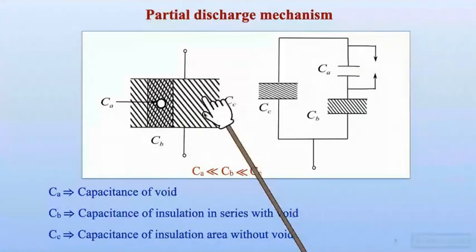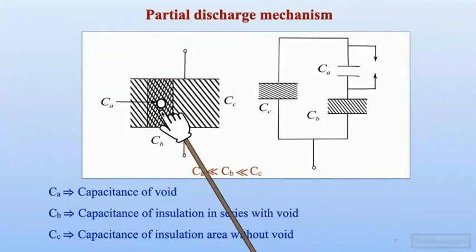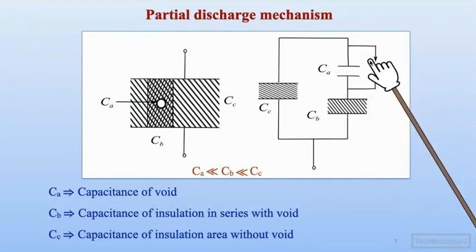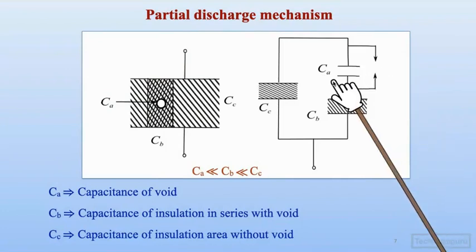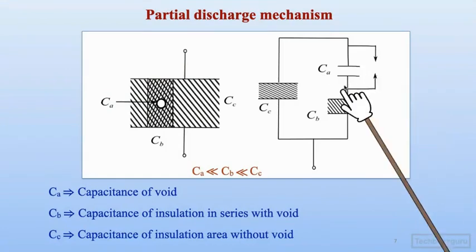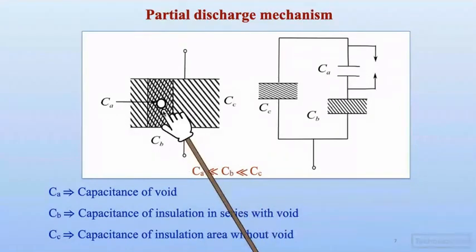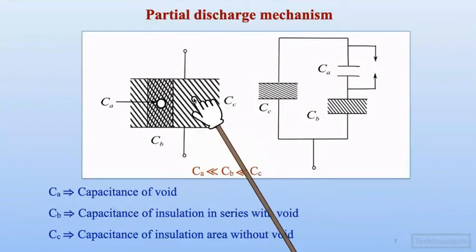Generally, we are expecting no current to flow through the insulator, but due to the void there is a discharge, and as discharge is there, current flows through this capacitor and it will develop voltage. If we are able to detect this voltage, then we can certainly say that since voltage exists here, there is some discharge inside the insulator. But of course, this cannot be as easy as that, because inside an insulator we don't know where the fine voids are present. We cannot even sometimes see with the eyes. If it is not transparent, we simply cannot look at where the void is present.